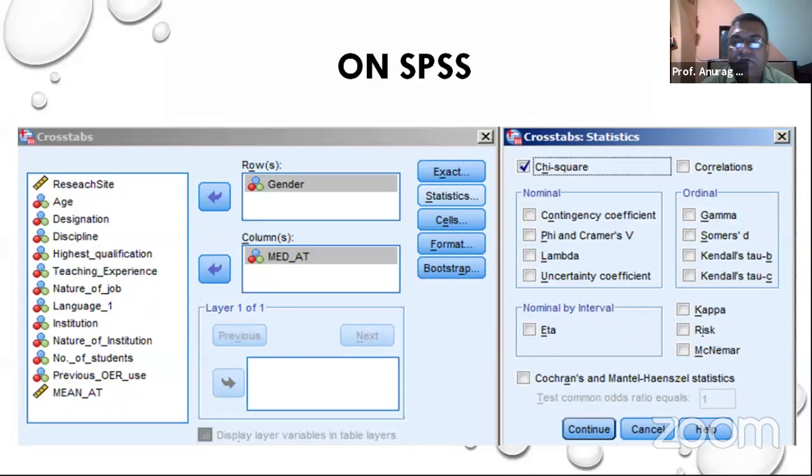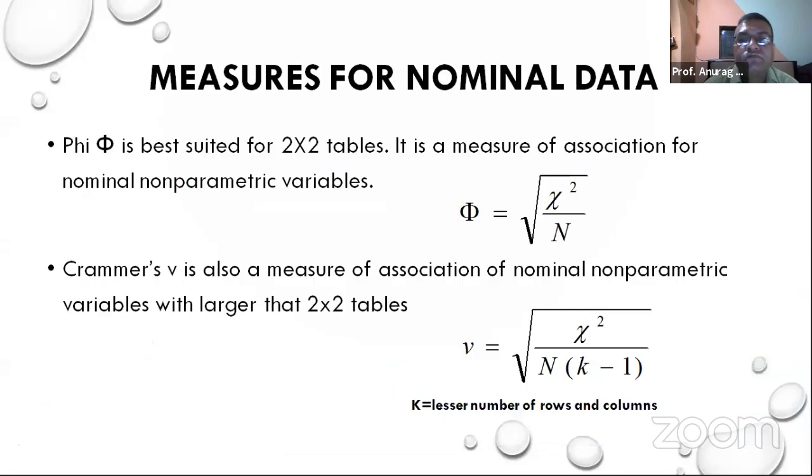You must not have heard about the formulas of all these, but I'm trying to give you a glimpse of them so that you understand actually what they are. And don't worry about implementing the formula. The formula will be implemented by SPSS. The only thing is you need to appreciate what SPSS is doing. The subsequent slides are going to be a little mathematical, but again, I said you don't need to remember the formula. You need to appreciate that this is what is being done inside SPSS when you subject your data